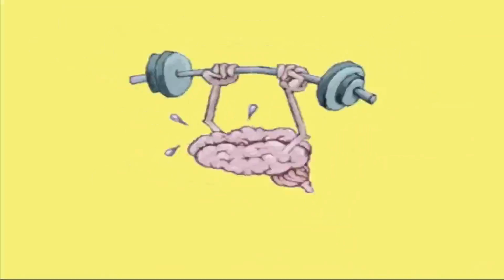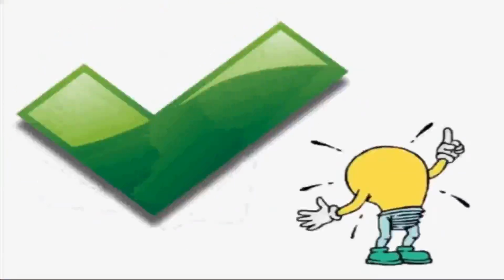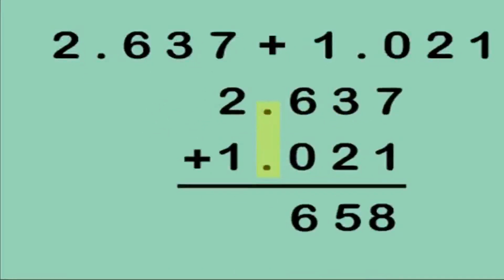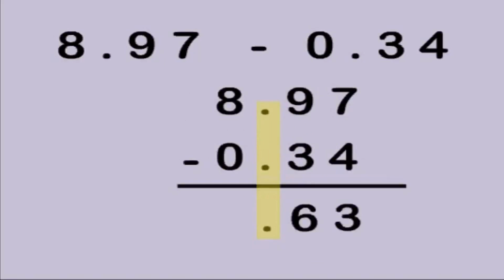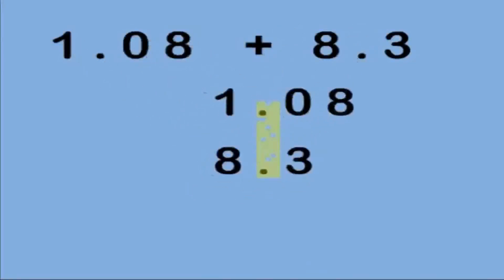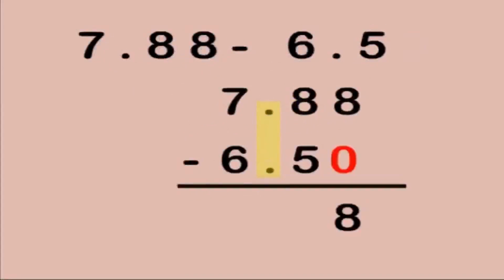When you are calculating, make sure you're right. If no mistakes you're making, you are very bright. Line up the decimals when you are adding or subtracting. You will discover when one is underneath the other, the answer you get should be correct. So line up the decimals when you add or subtract.